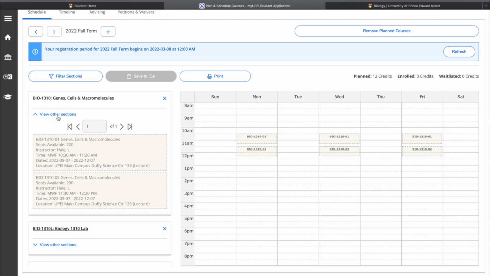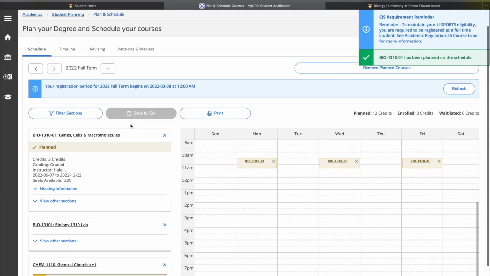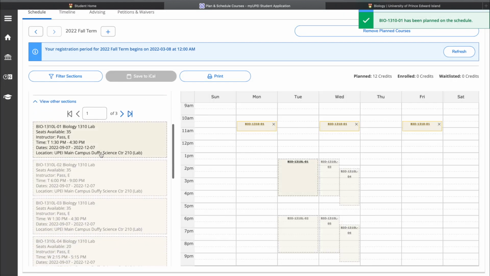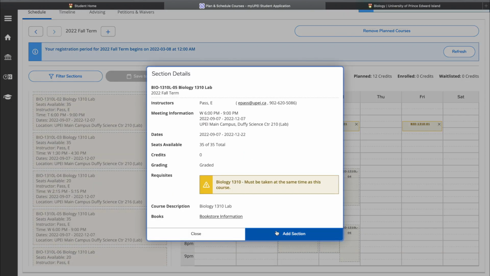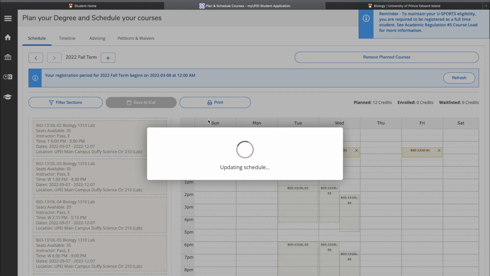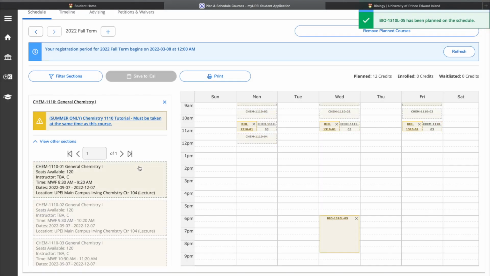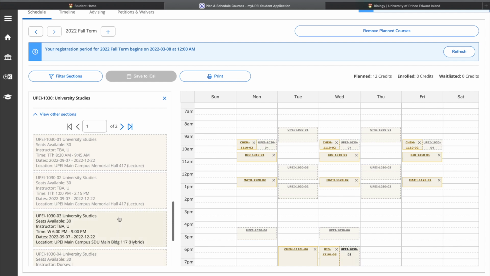So when we're looking at these biology courses, we can see there's 2 times and either of these would typically work. So we'll just pick one of these and add it to the plan. Then we'll scroll down and we'll see the lab right underneath, and we'll pick a lab time that works best for Joe Panther. So let's say Wednesday afternoon. We'll go ahead and add that to the plan as well. And then we'll pick a time for chemistry. So it looks like everything is lining up pretty well on Joe Panther's schedule.